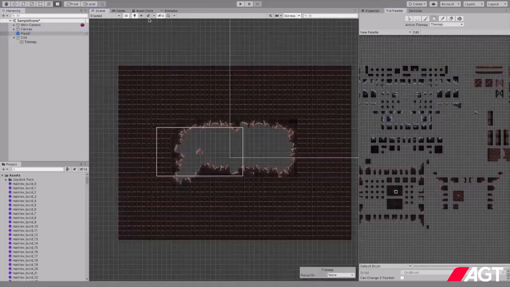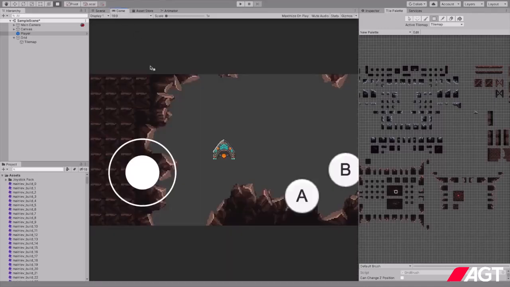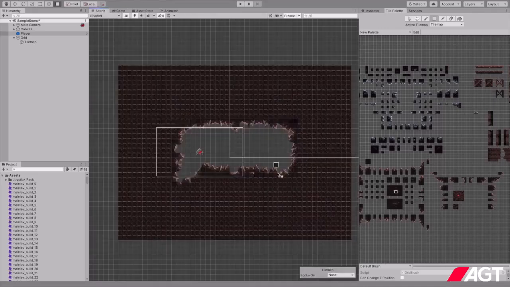So I have built a simple map, a really small map. I hope you have built a bigger map, or you can do it later. But for this class, for this course, it will be enough. And I would like to continue. So now we have a simple tile map,